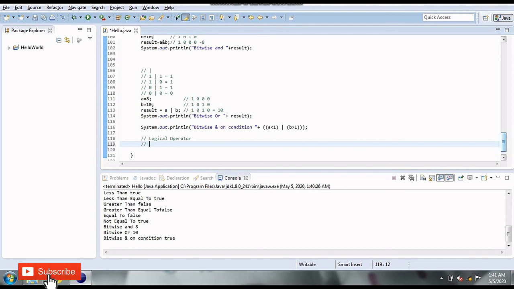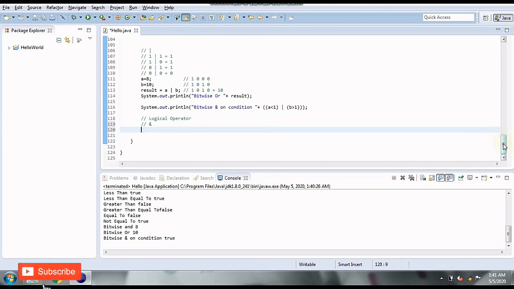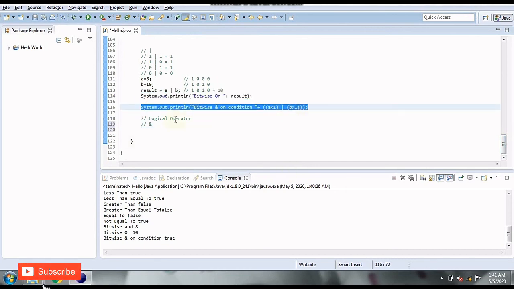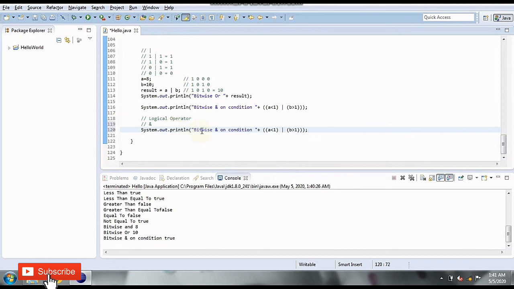If I print the same statement as with the bitwise operators, logical AND is represented by two ampersand symbols.